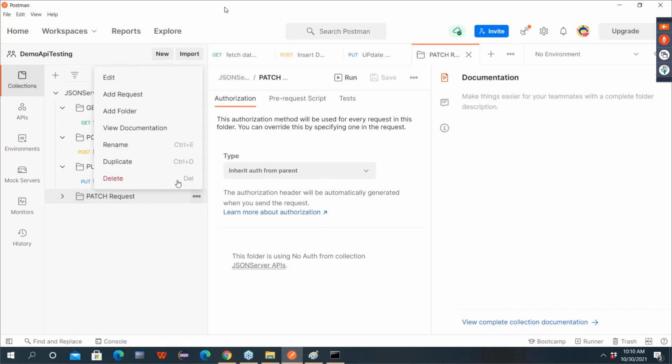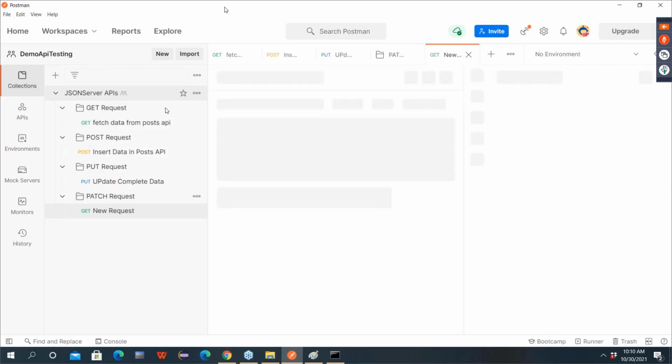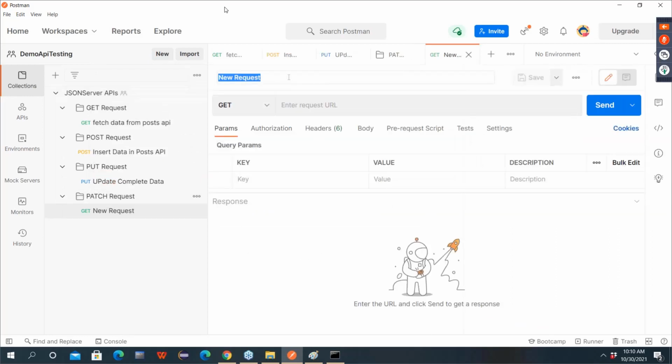Then inside this, I will add one request, let's say update partially data.